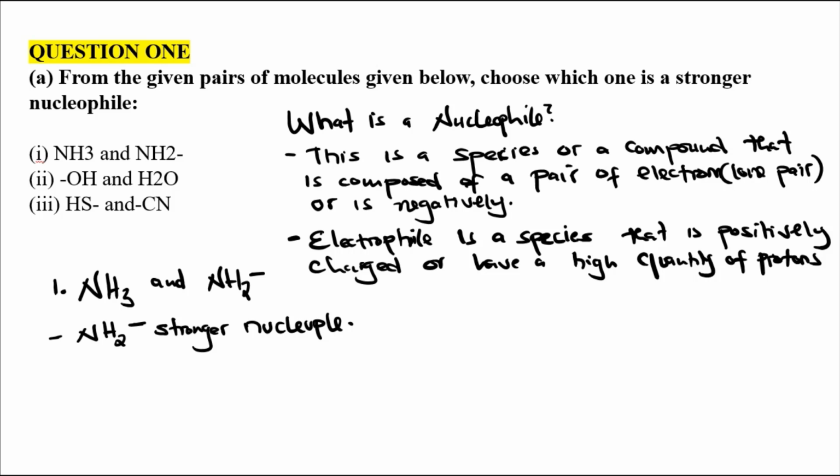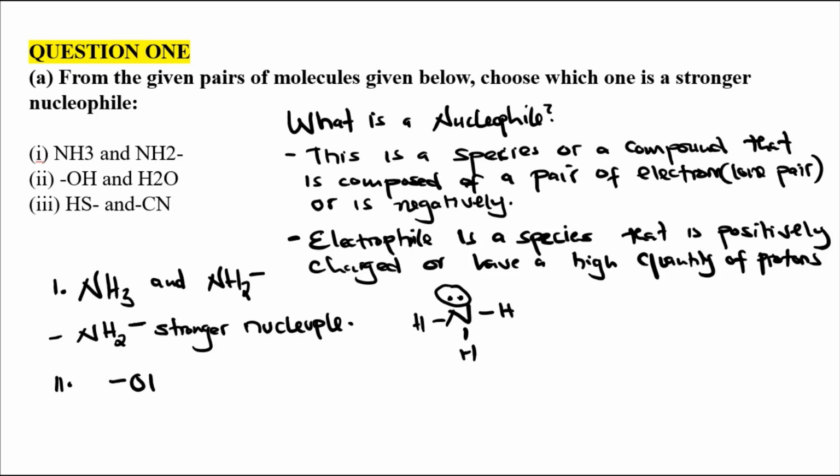But even the ammonia is a nucleophile. Why? Because you know ammonia has got a lone pair of electrons. So it is like this. So it has a lone pair of electrons. Okay. So it is still a nucleophile, but this one has got two lone pairs of electrons and a negative charge. No wonder it is a stronger nucleophile. Okay. Number 2